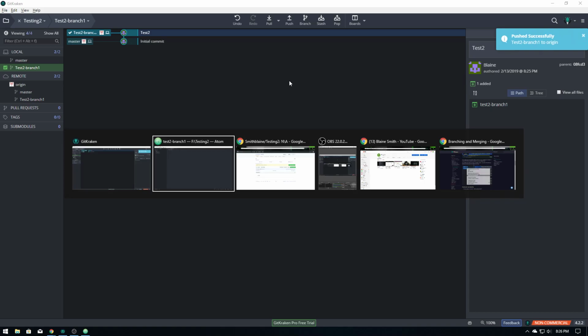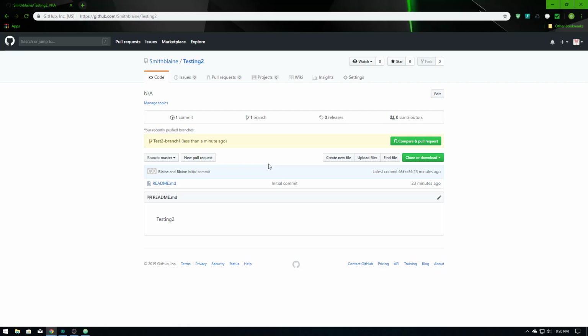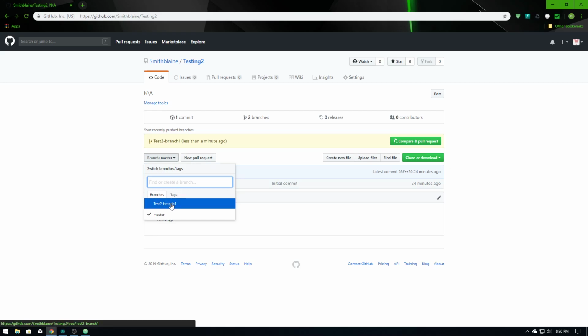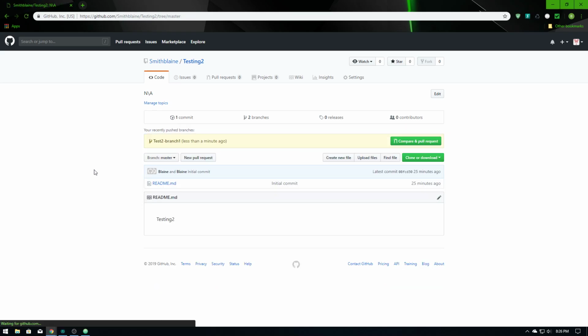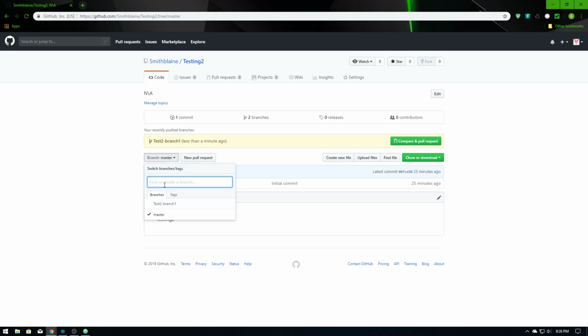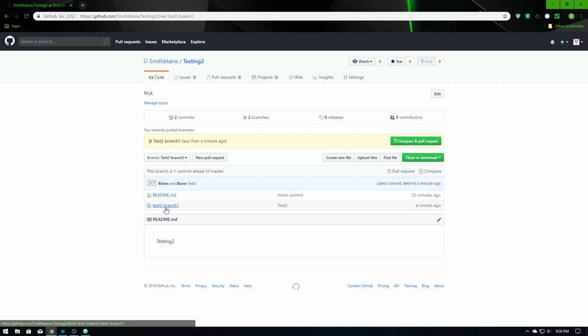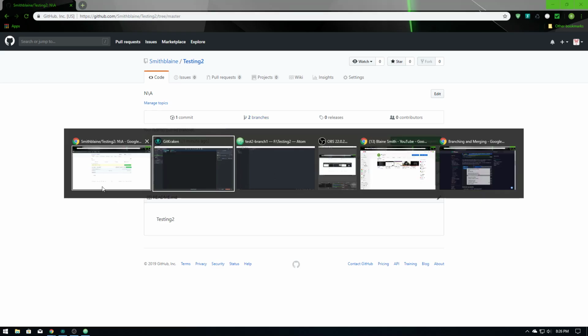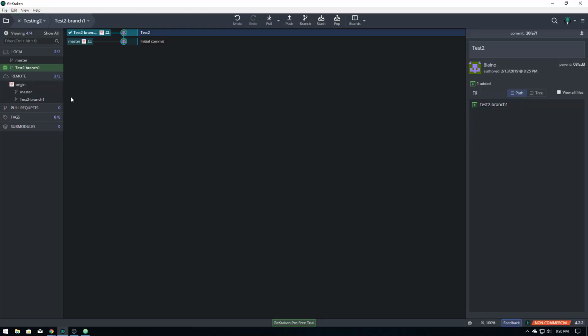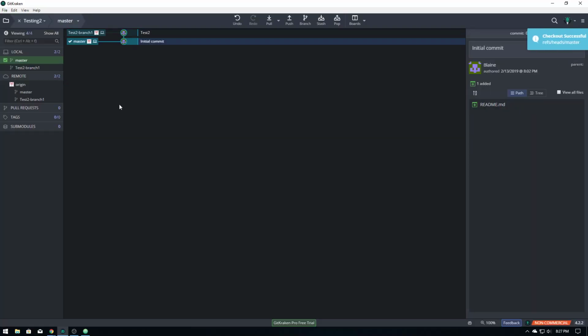Okay, now let's go out and look at my account. Okay. So now we have 2 branches. And now you can see everything that is here. Notice the difference how test branch 2 has an item in there and my master branch does not have anything. It just has the readme file. So what we're going to do is we are going to go over to GitKraken. I'm going to show you the same thing. Switch over to master,